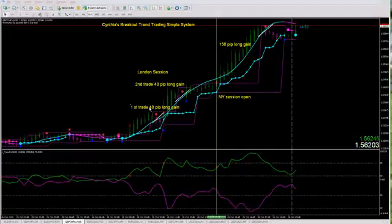And that was 40 pips for your first trade, and here's your second entry going long again when the green candle broke out above the congestion box and your volatility increased to the 80 RSI line. You had your blue dot appear, which is a long entry, and the major trend line is aqua, so we know that we're only going to be placing long trades as long as this trend line stays aqua. So for the London session you would have had 80 pips, and when the New York session opened, this